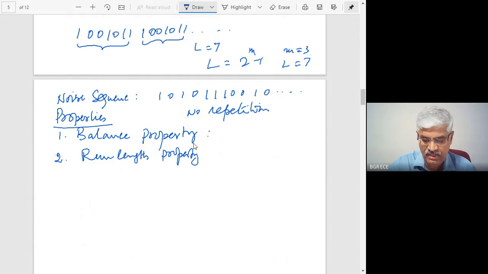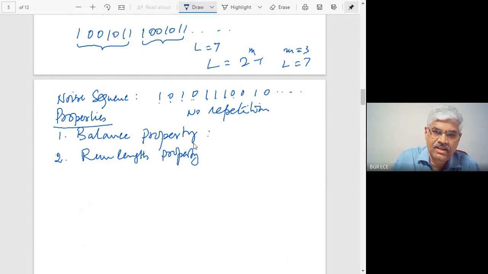What is found is about the number of runs. A run means, suppose it starts with 1, how long the run of 1s goes, here with length 3. Then you have a run of zeros, a run of zeros with length 2. Then a run of 1 with length 1, a run of 0 with length 2. Like that it goes. So if you count these runs,